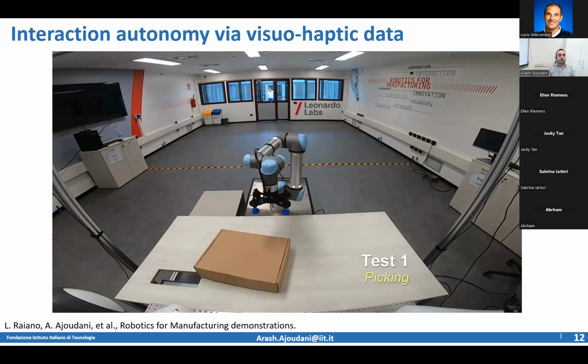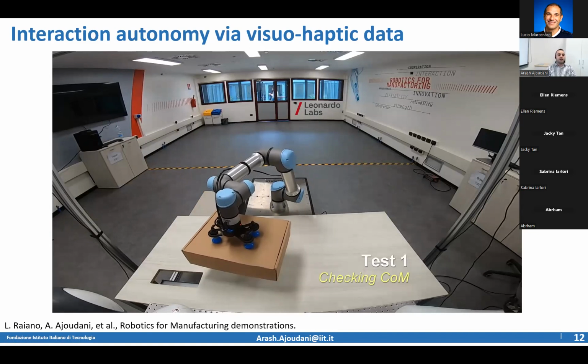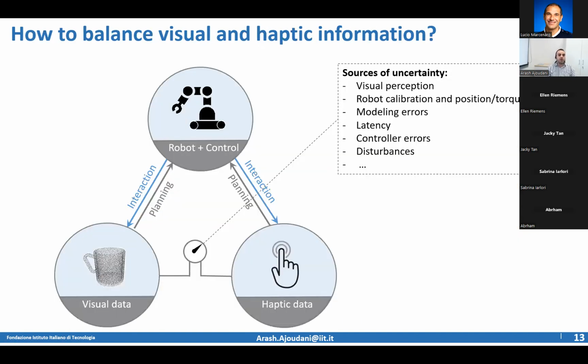So this is the first really nice outcome of merging visual and haptic information. But of course, if you want to add some level of smartness to the robot, this addition is not so intuitive, because it would depend on so many